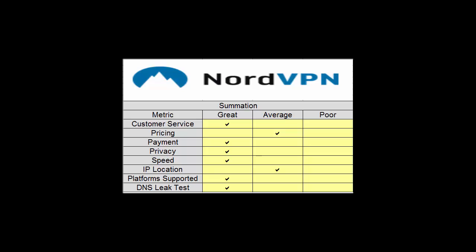Okay, so next we're going to take a look at IP locations. I'm going to talk a little bit about the IP locations, how NordVPN servers fared and how well they work. So we used 4 different countries. We used Albania, India, Australia, and Canada. In Albania, India, and Canada, all of the IP locations matched up with where we picked. In Australia, though, we had one that was showing that it was broadcasting from the UK, so there was a